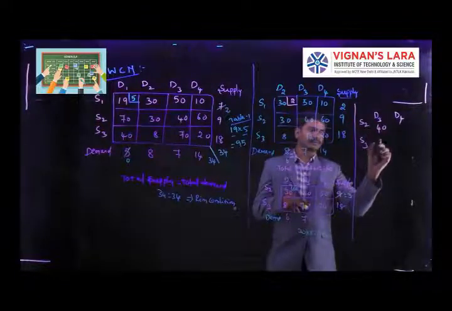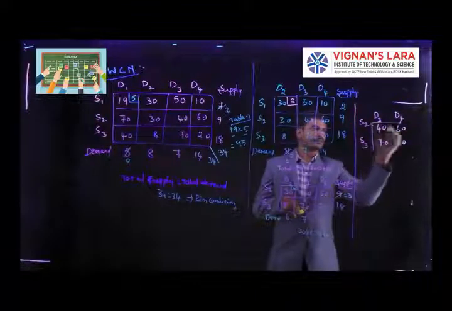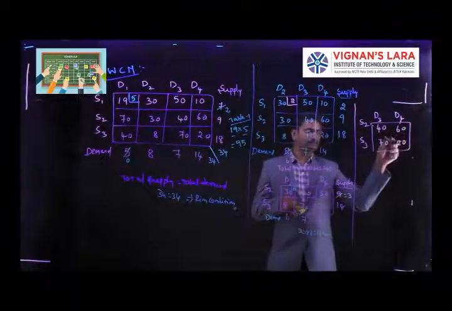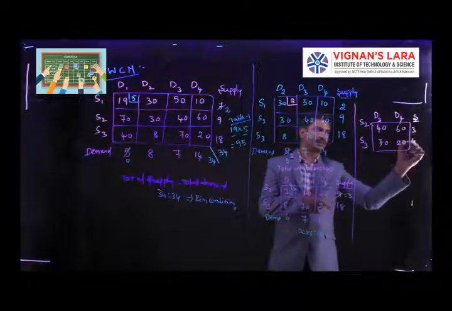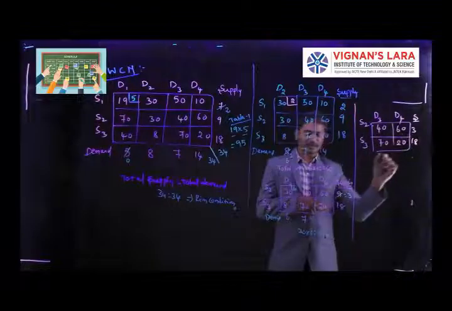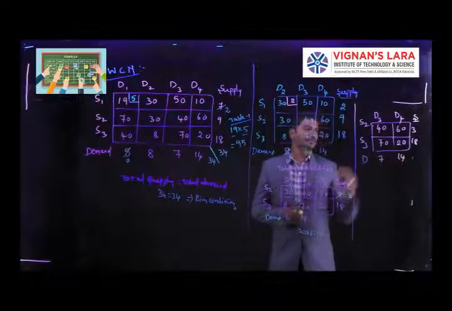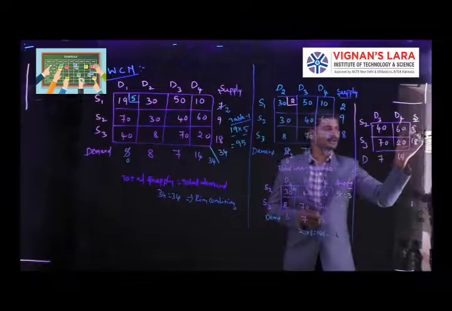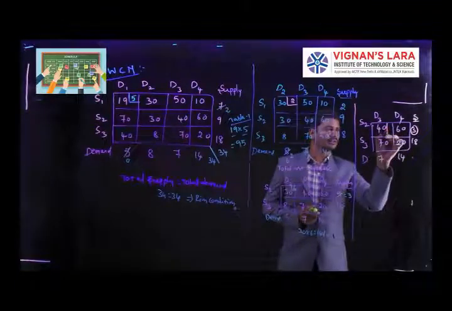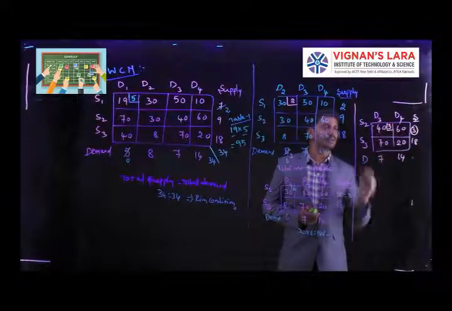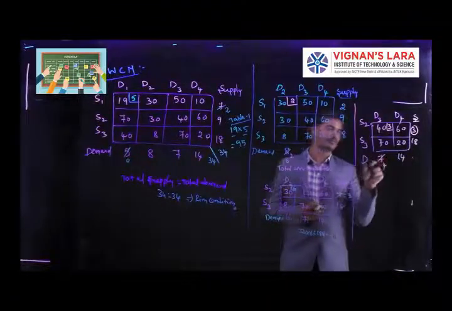40, 70, 60, 20. Okay, and next here the supply station, what about the supply? Here the supply is 3 units, 18 units is there, and coming to the demand, here 7 units, 14 units are there. From this, which one is the minimum? Supply is the minimum. Here we have only 3 units of supply, but our requirement is 7 units, so we are allocating 3 units in this corner. Then the balance is we require 4 units for further fulfillment.